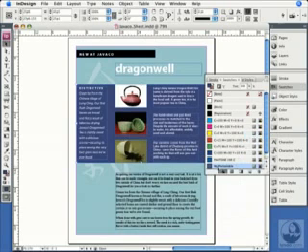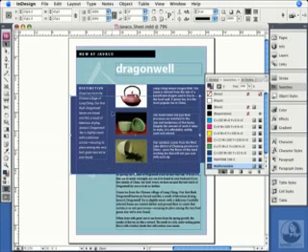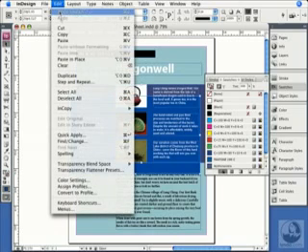Now that I've created some swatches in my document, what if I want to add those to a new document? I can copy swatches from one document to another in two ways. One is to simply apply them to a couple objects. I just duplicated that by Option dragging or Alt dragging on Windows, and I'll apply my Pantone color to this. So I'm going to select this object and copy them to the clipboard.